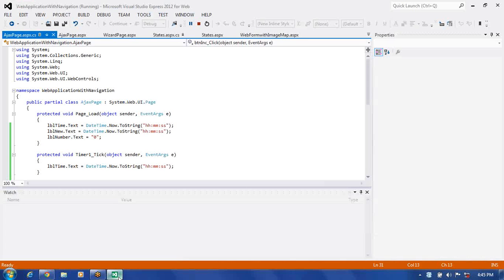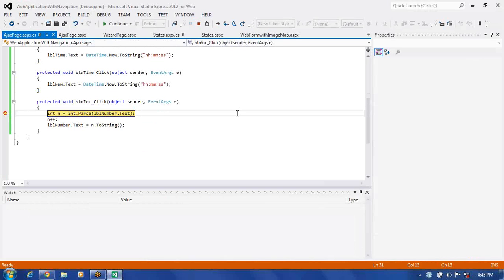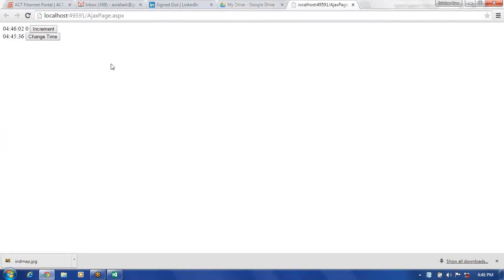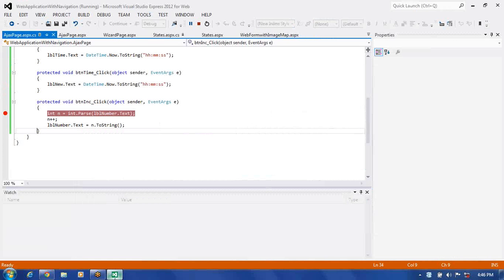Okay, when I click on increment, now what happens? Fine, I think I did not keep a breakpoint in that. When you click on increment, it's coming here, press F10. Now n equal to how much did we get? We should get 0. After n++, n value is how much for us? 1. Then toString we kept it. The page is coming like this, 0 only still. Yes. The reason is